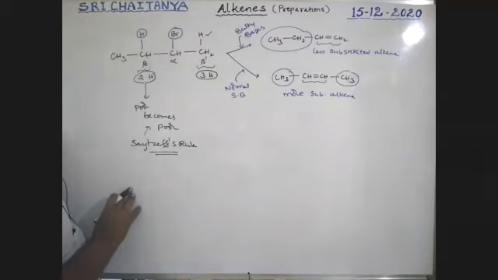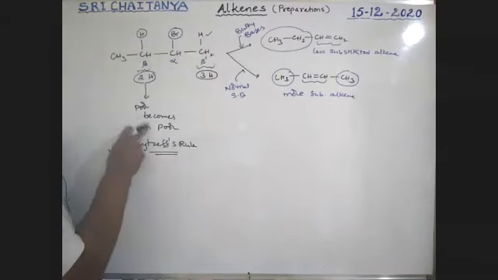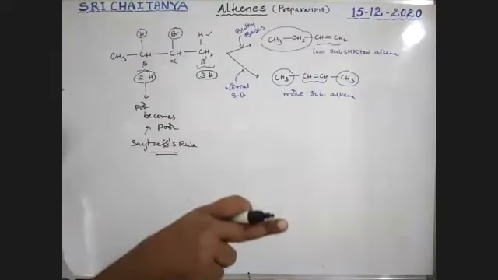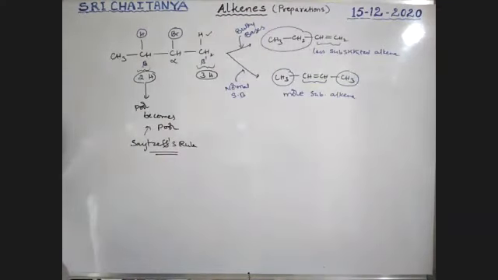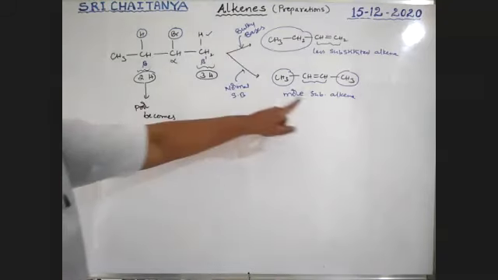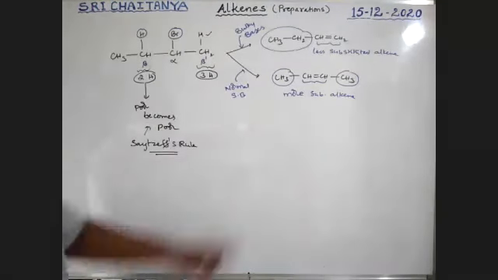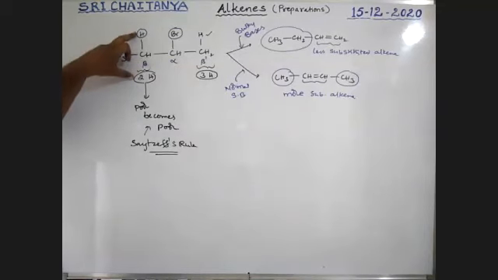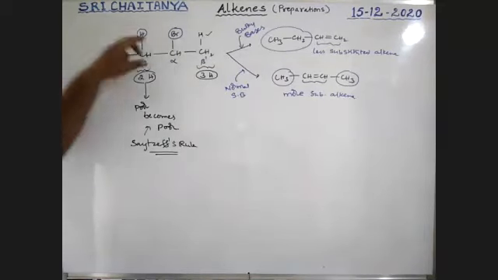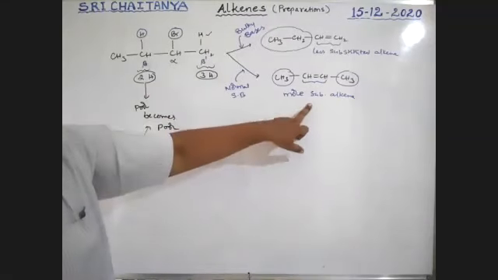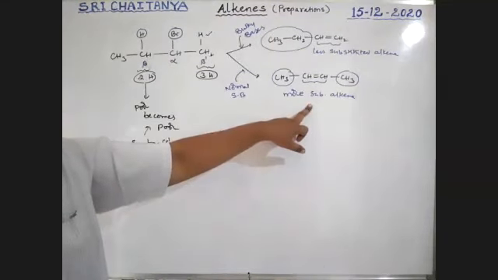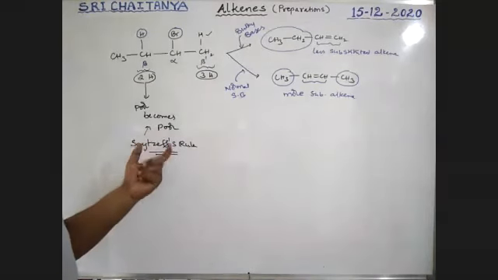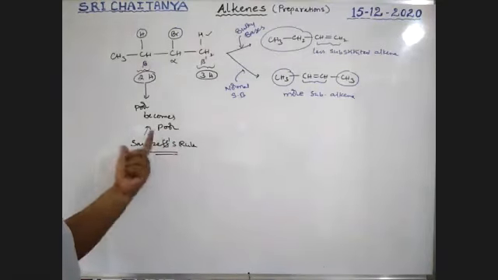Saytzeff rule. So what is Saytzeff's rule? Nothing but poor becomes poorer. That means hydrogen is eliminated from that beta carbon having fewer hydrogens. That gives a more substituted alkene. Am I correct? Hydrogen is eliminated from the carbon with fewer beta hydrogens and gives a more substituted alkene. Am I correct or wrong? If this is the condition accepted, poor becomes poorer. Whenever the Saytzeff rule is applied, what is the Saytzeff rule?